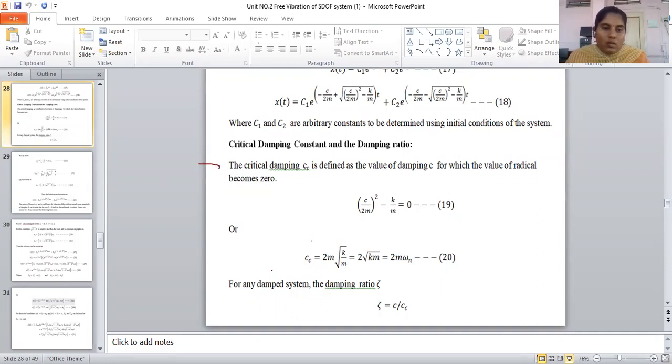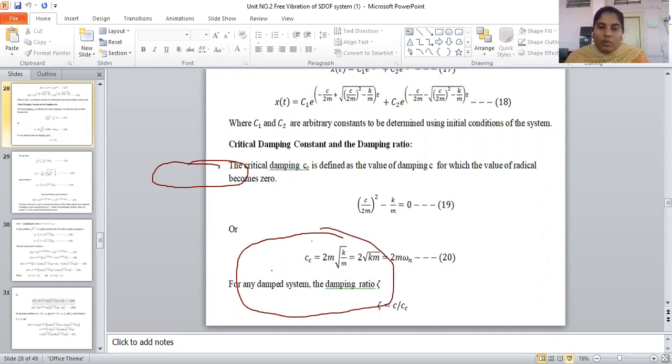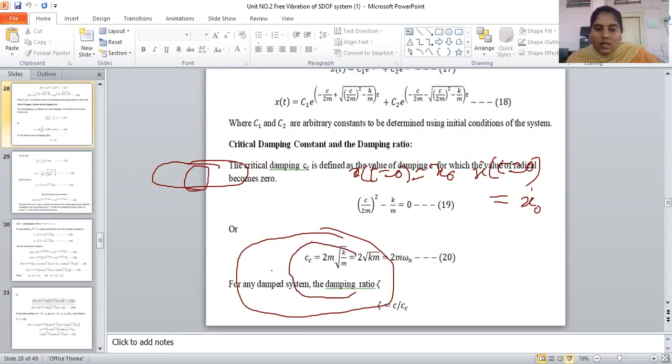You can go through these boundary conditions. I got the values of C3 and C4. Okay, which boundary conditions have we used here? X at time t equal to 0 is X naught, and X dot at time t equal to 0 is X naught dot. So by putting these values, C3 I got is X naught, and C4 is like this. So by putting these values, the equation of motion becomes like this.